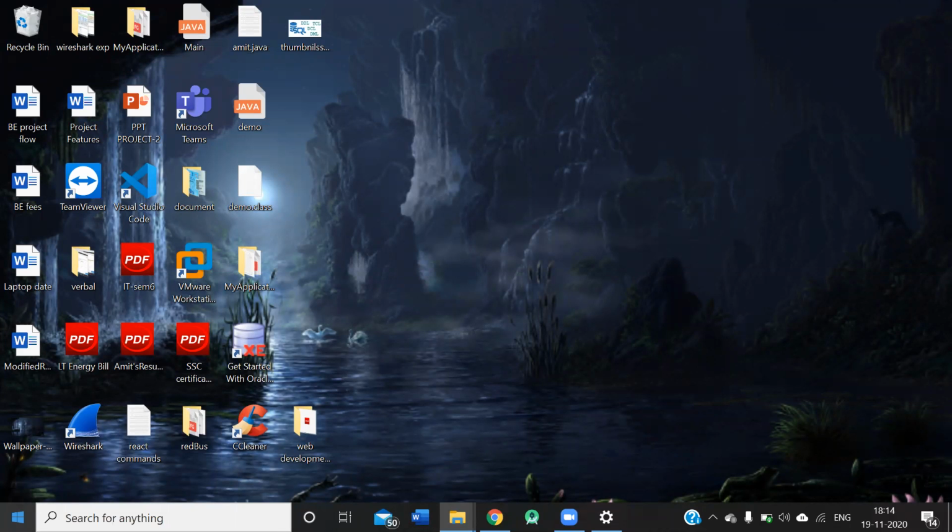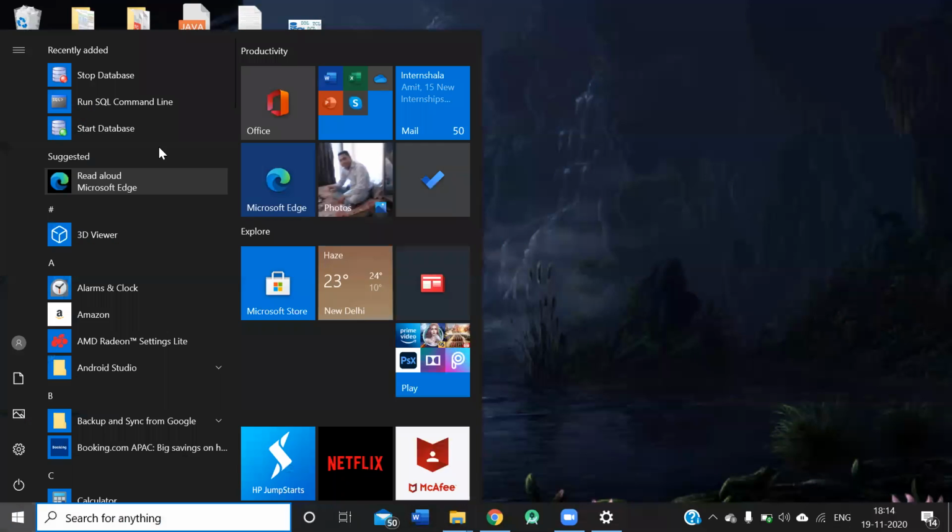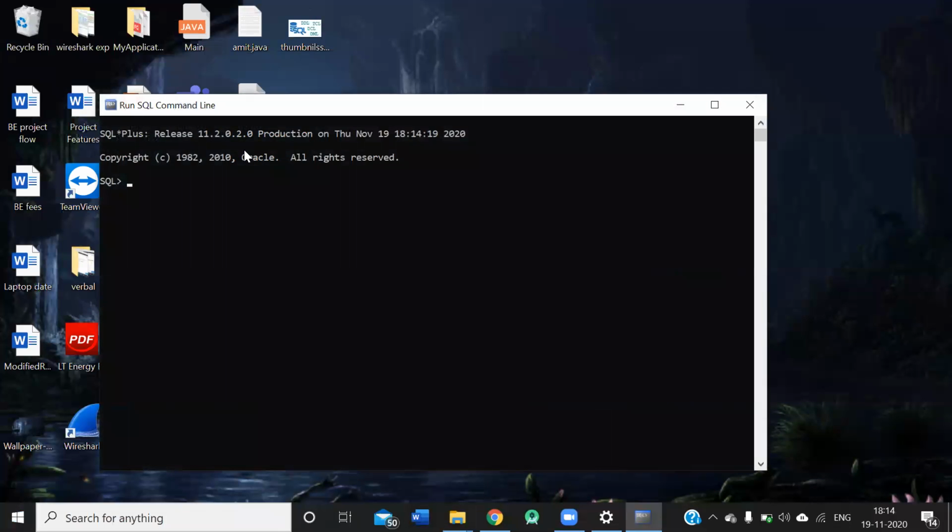Simply you can compile it online also, but since I have it, I will just use it. SQL connect system. Every time you enter into this, you have to write this. I will just write the password. Okay. So if you do not have any table, you can create a table by using the command create